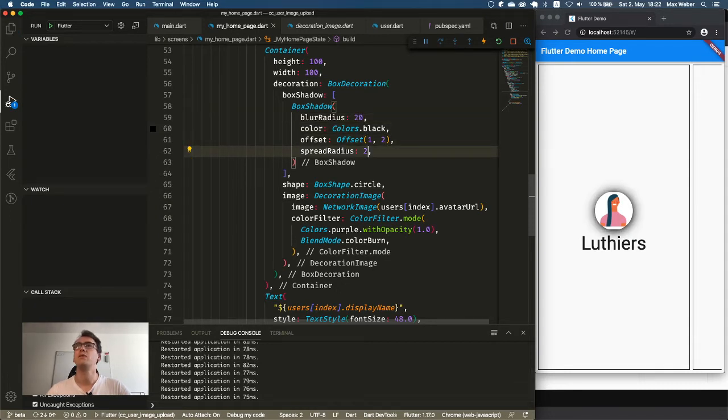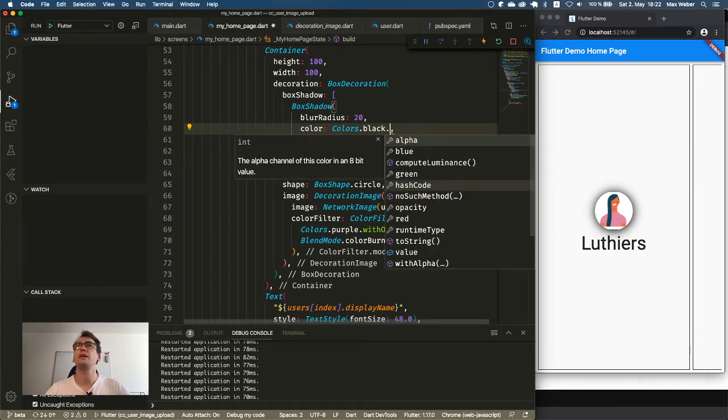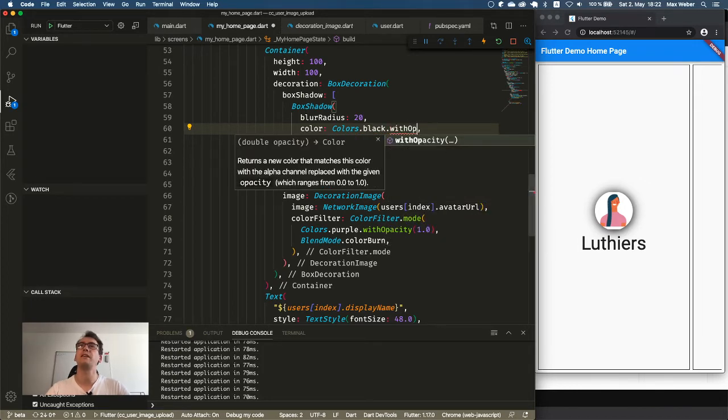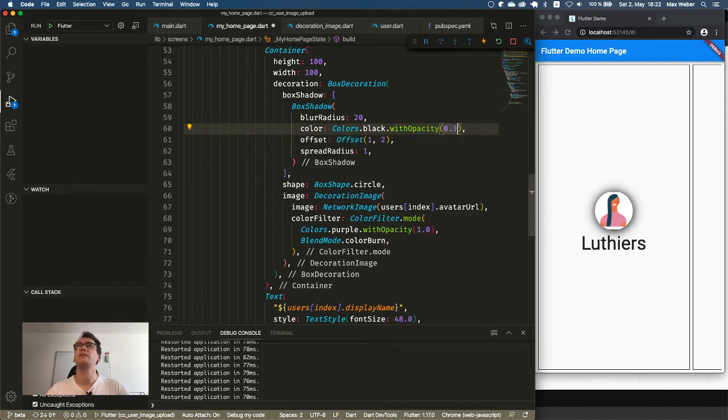And why is it so black? It's most likely because of the opacity. So if you use Colors.black, which is not a const, I tried that multiple times, unfortunately, you can also do something like this and give it opacity with withOpacity as a construction. And you can now enter the number that you want to have it opaque. So for me, I think .3 is good. And it looks pretty good.